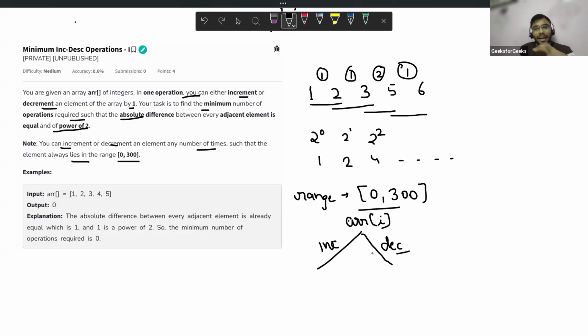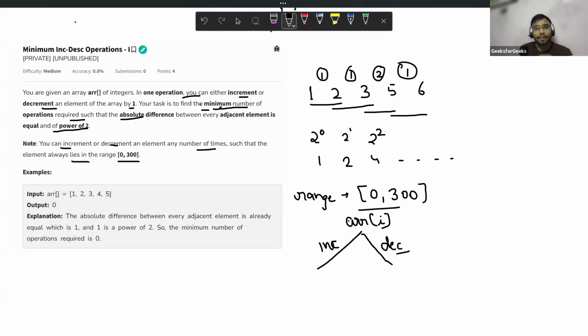Yes, because at every step I have two choices, either to increase or to decrease, and from that I want the minimum. I want the minimum answer from both of the choices. But here the element can go from 0 to 300, meaning an element cannot go beyond 300 and cannot be less than 0. So we have to do some tricky thing.